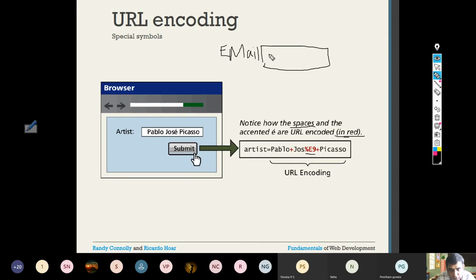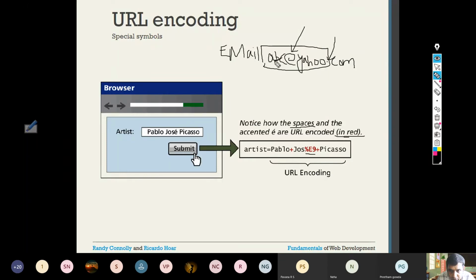If you enter some ABC at yahoo.com, you should note that you are not only passing alphabets, you are also passing special characters like the at symbol, and there is a dot.